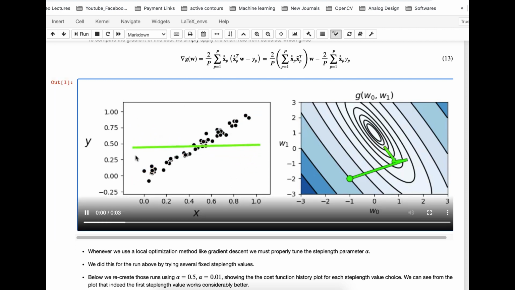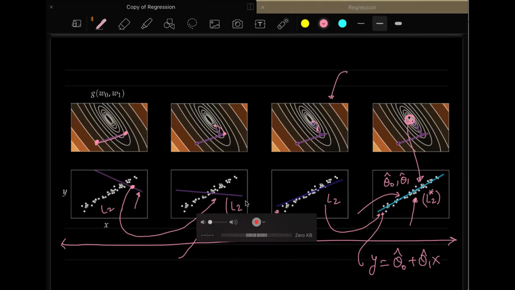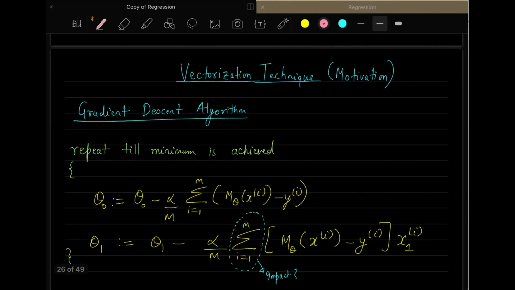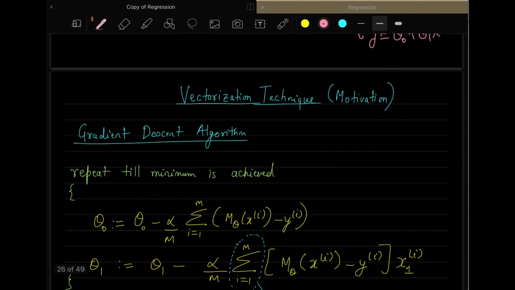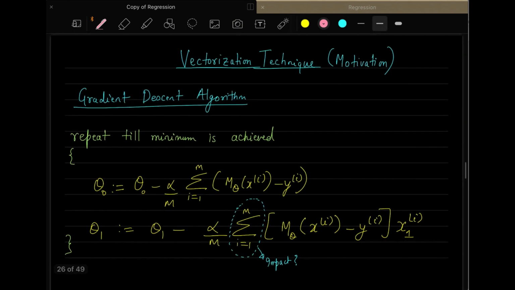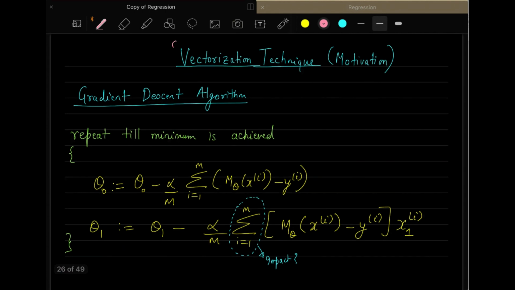So this is the picture of what I was telling you in the slide. Okay. So now the important thing is, now we will discuss something more advanced compared to what we have discussed so far. We will be discussing vectorization, and we will understand what this vectorization means and